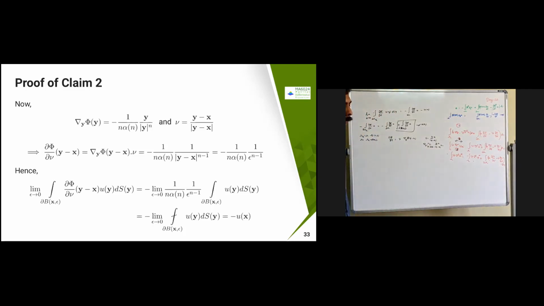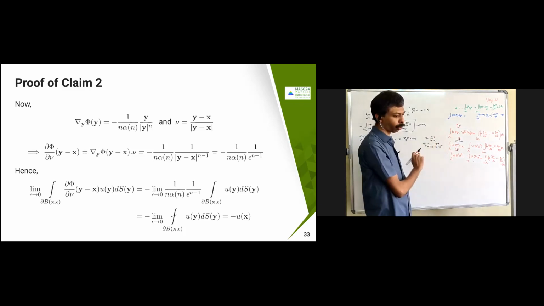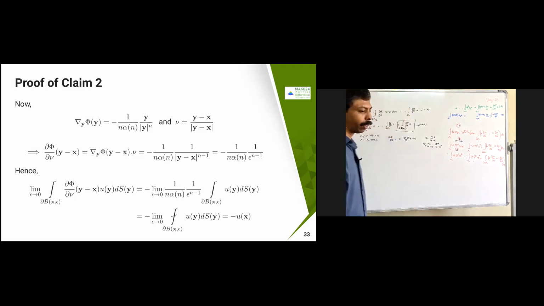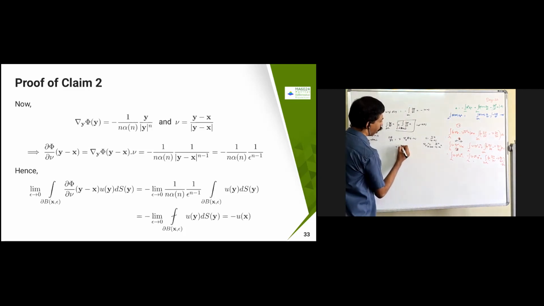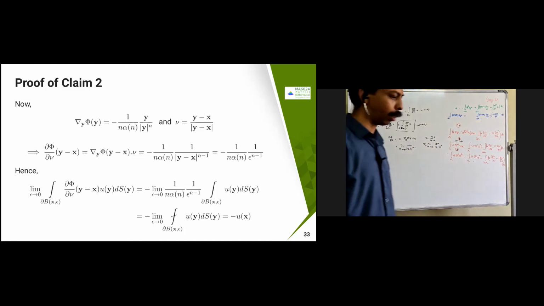Now we just take the dot product. We have y minus x and y minus x there, so if you take the dot product, the whole square of y minus x is going to come. So dou pi by dou y is going to be minus 1 by n into alpha of n, times y minus x squared. The squares will get cancelled, so n minus 1, and y minus x square.